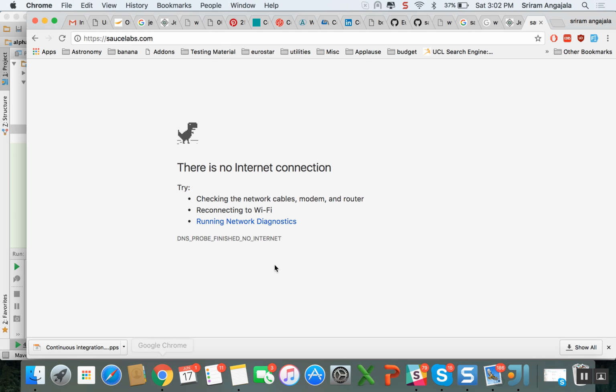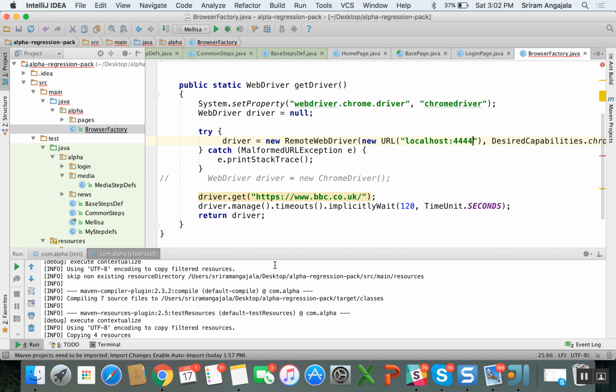Now you can ask, okay sir, this is fine locally, but locally we don't need to run separately because we are on one machine. The only problem comes when you are running in Jenkins, right? In Jenkins the same thing happens, but instead of giving localhost, what will we give? We will